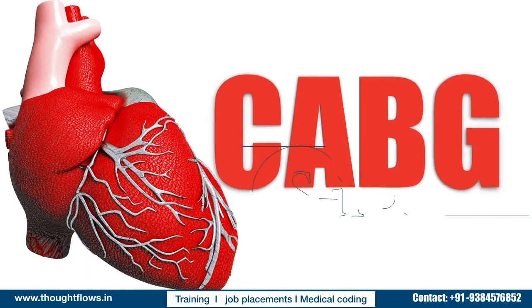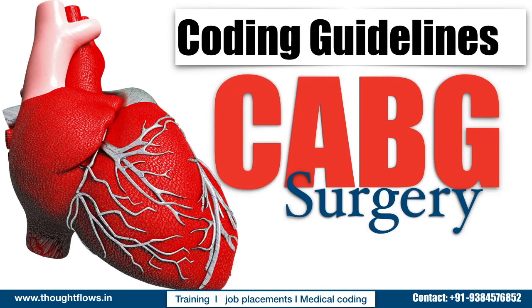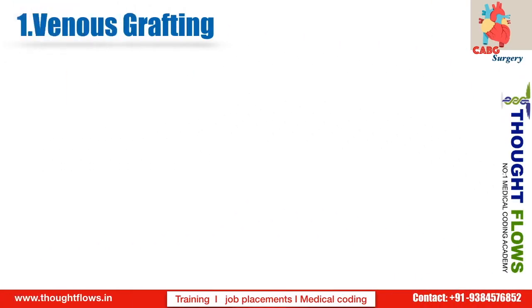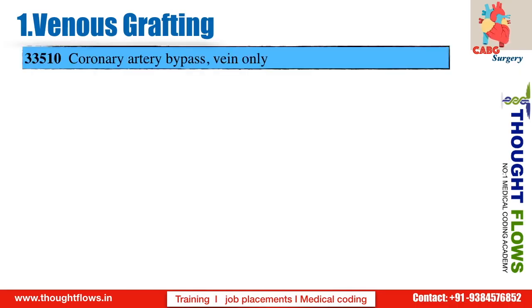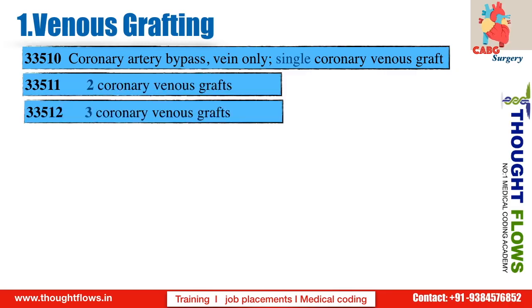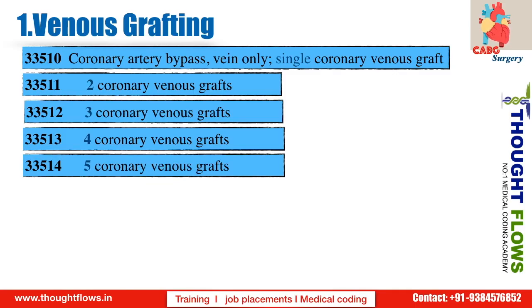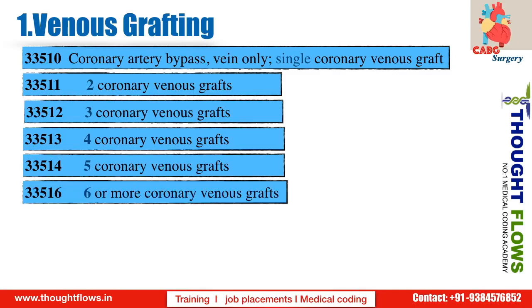Let's see the coding guidelines of CABG surgery, from which you'll get one question in the CPC exam. First of all, coming to venous grafting, in which the surgeon uses a vein as a graft. The codes are classified depending on the number of veins used as a graft. For a single vein graft, use the code 33510. If the surgeon used 2 veins, he has to use the code 33511. Likewise, for 3 veins 33512, 4 veins 33513, 5 veins 33514, and 6 or more veins, we assign the